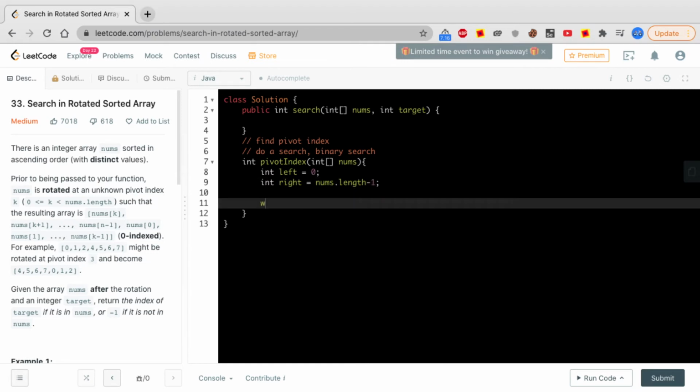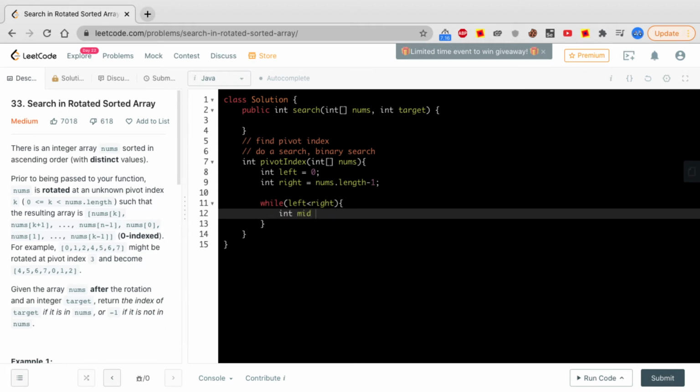I will be applying a binary search on this and then we'll see what is the minimum index that we can get. So while left is less than right, we'll find a middle point by doing left plus (right minus left) by 2.